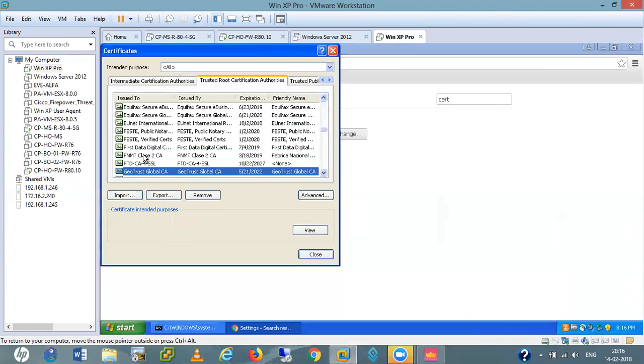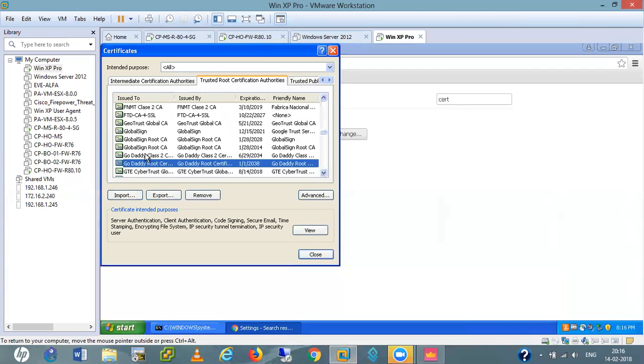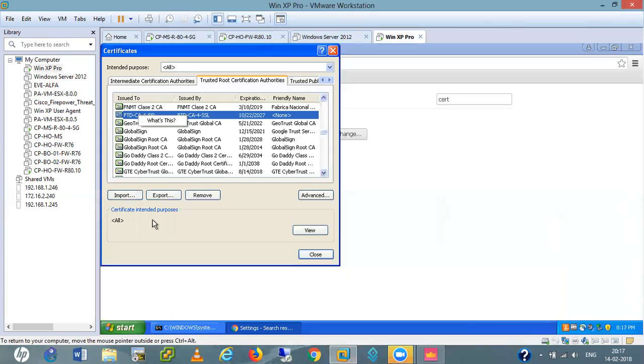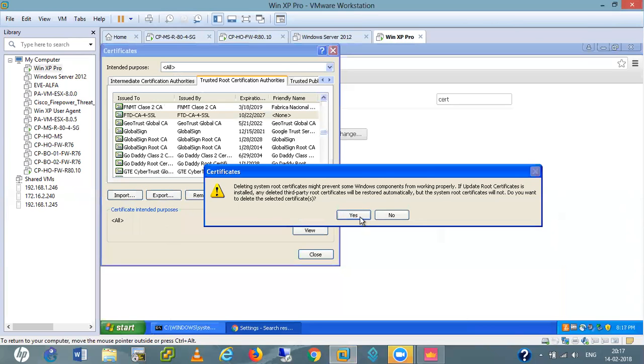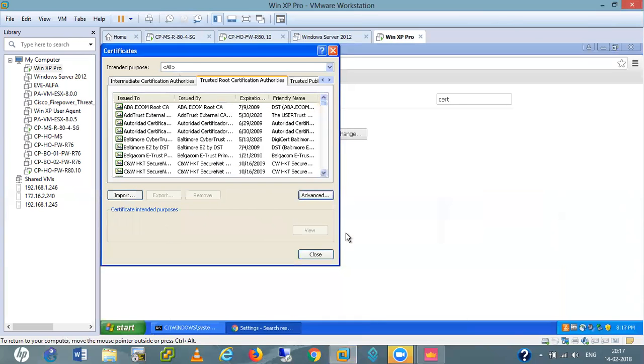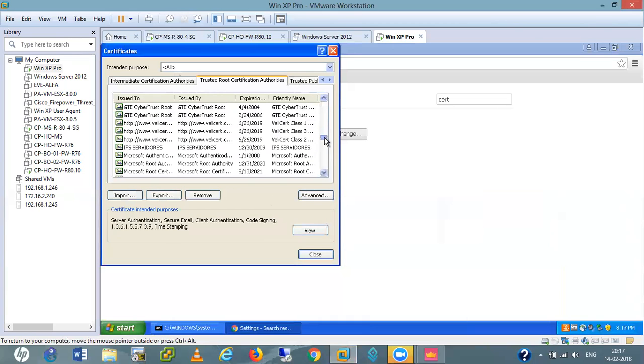Let me find them and delete them, because I did lots of practical with the same thing. If you suppose delete all the CAs, what will happen?